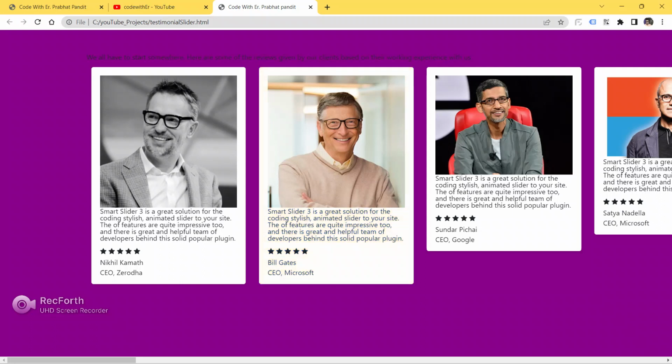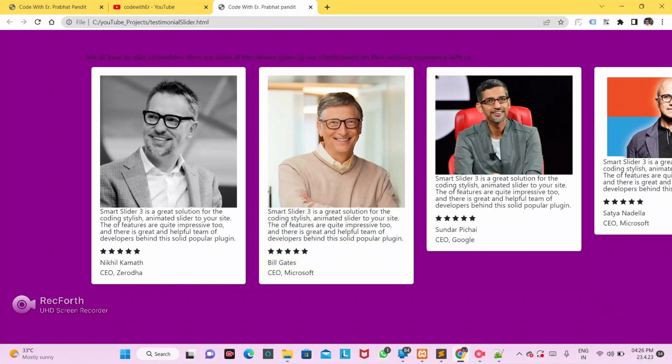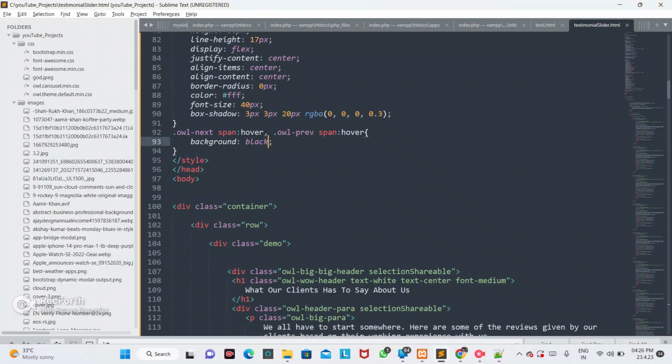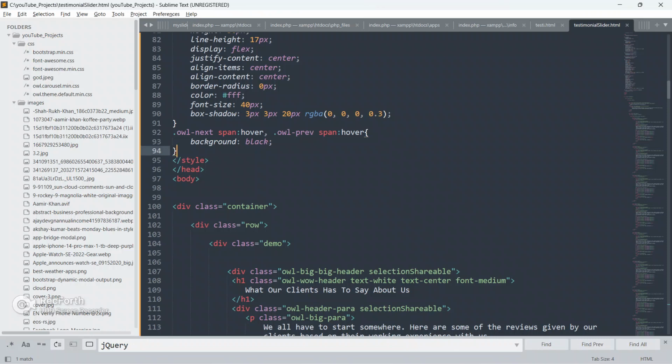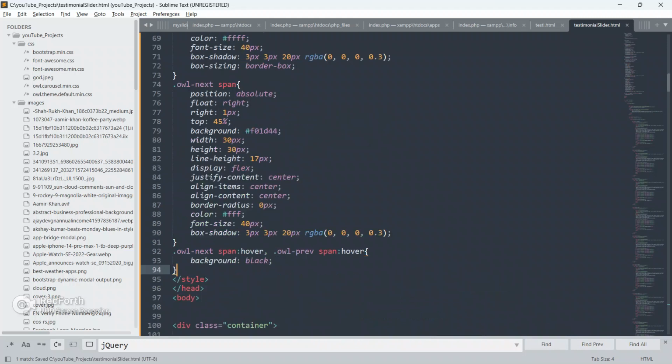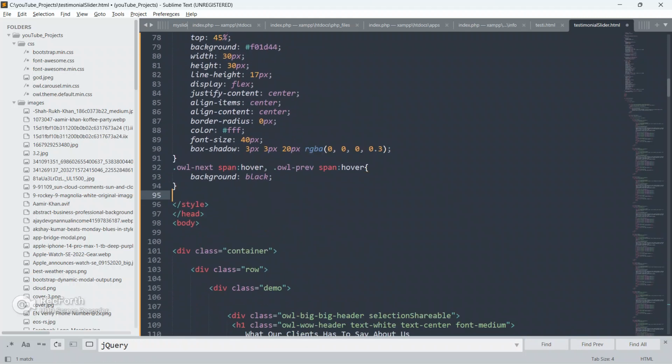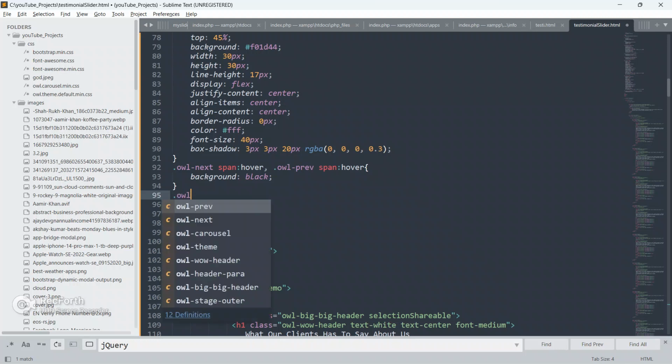So again, go to the code and give it a style again. Go to the code and style it a bit. Okay, so go to the style sheet and use class